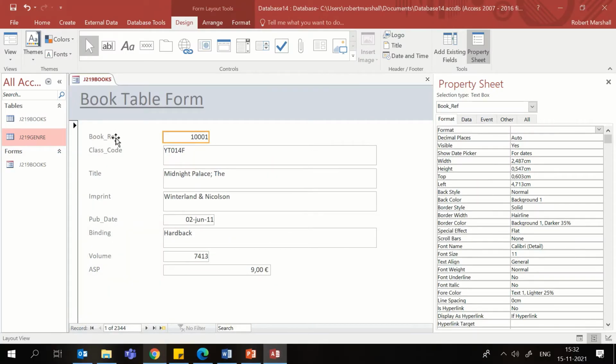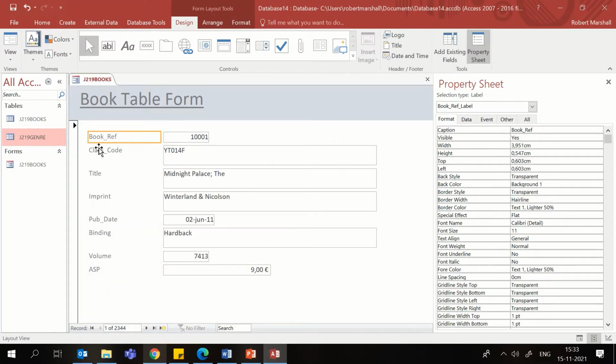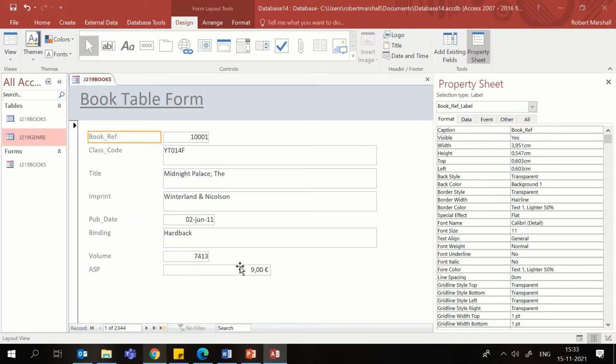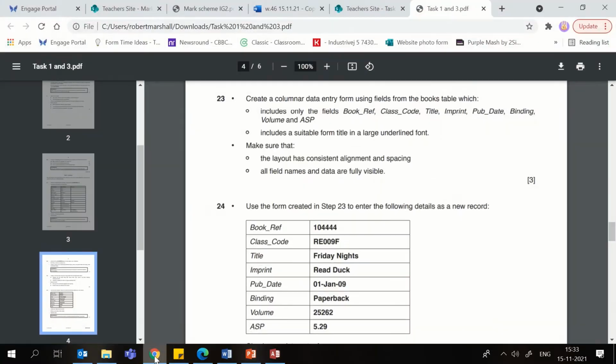Okay, so sometimes it might ask you to change these titles to make them that people understand. It doesn't really say that in the question now. It just says the field names and the data is fully visible. Layout is consistent alignment and spacing. Yeah, so I can see it's consistent. You can see each one. So I think that should be fine. So next question,